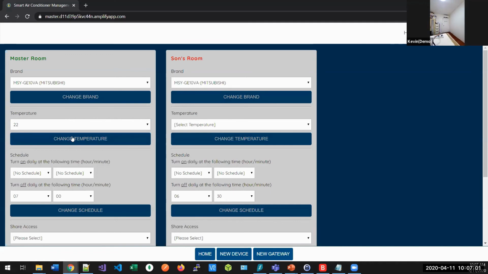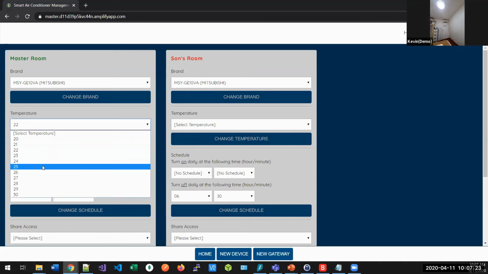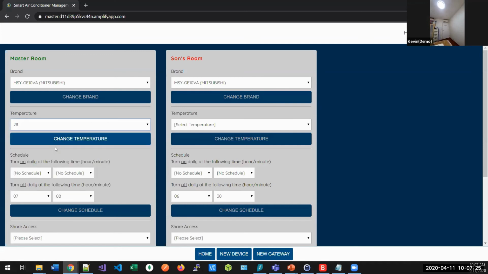After I set 22 degrees, our system will stabilize the temperature at 22 degrees. In the case that the aircon and the room temperature are more than 22 degrees, our device will set the temperature lower, so it will stabilize the temperature. I will restore this back to 28 degrees because Kevin will feel cold inside the room.